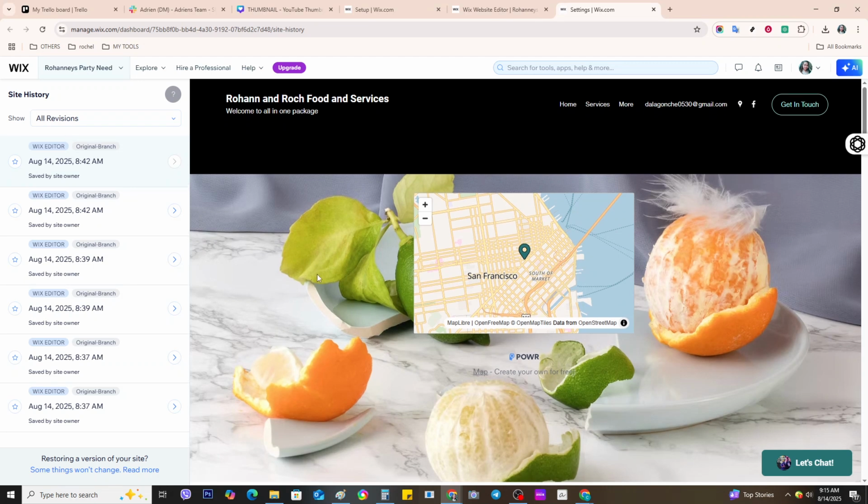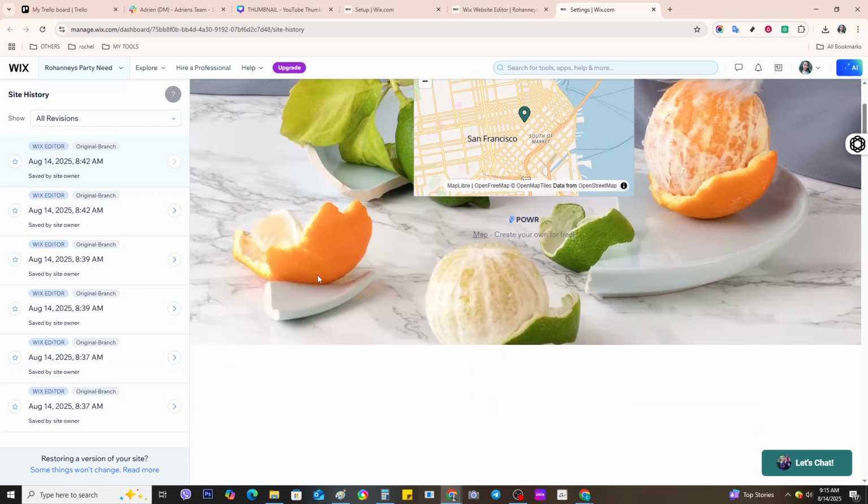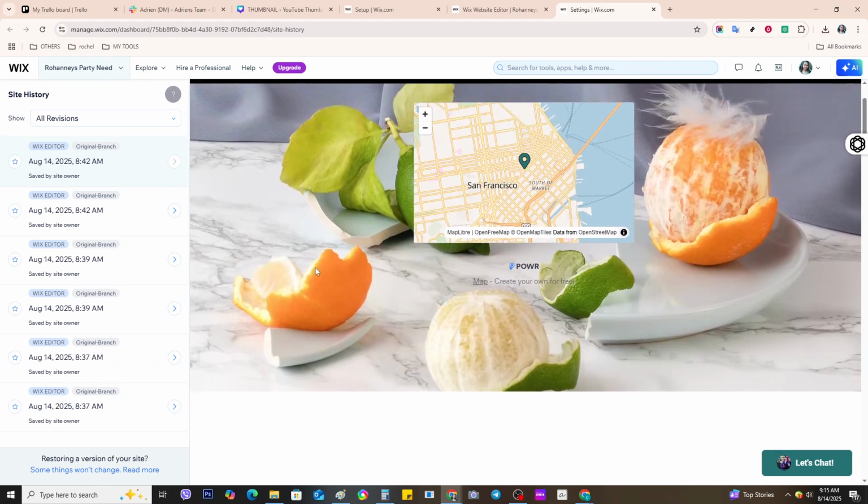And there you have it. You've not only learned how to access your site history, but also gained insight into why it's such an essential aspect of website management. Whether you're a Wix veteran or a newbie, this knowledge empowers you to wield greater control over your site's